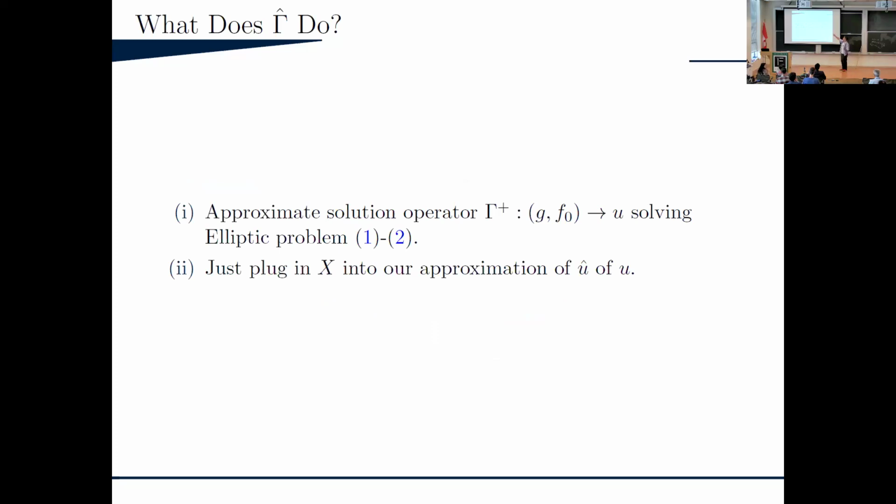So that takes the boundary data and the source data and gives me the solution u to the elliptic PDE, which when I plug x into u and its gradient, I get the solution to the FBSDE for that particular g and that particular F0. Okay, and this is what it does. So here's the whole pipeline. You give me an F and a G. I give you an approximation. Again, hats are approximation things. So I solve the solution operator to this elliptic problem approximately, and I get some u hat and some approximation of the gradient, and I just plug in x, and that gives me an approximate solution to my FBSDE, right? Okay.